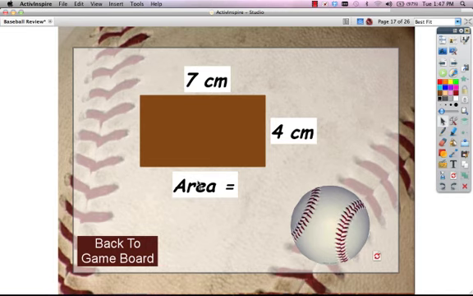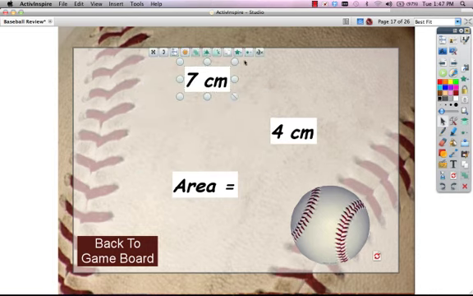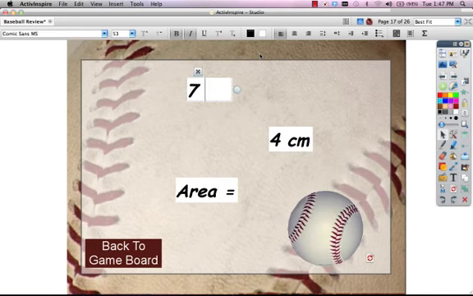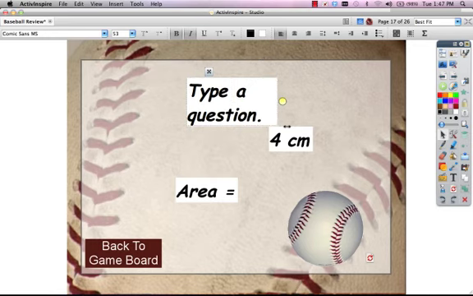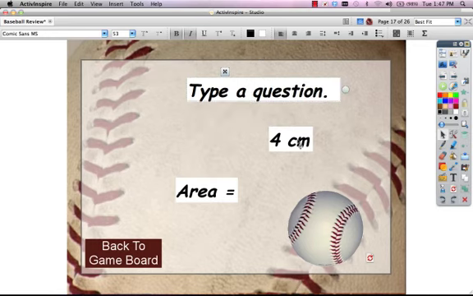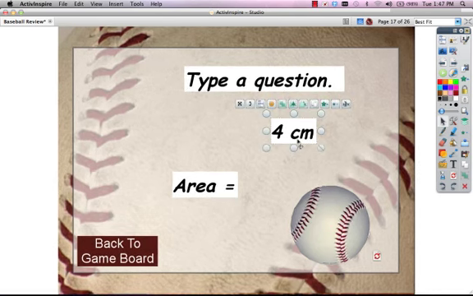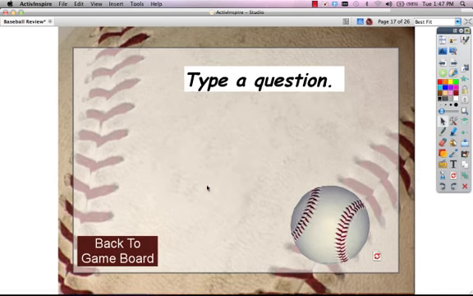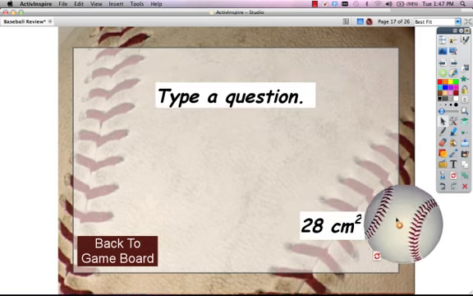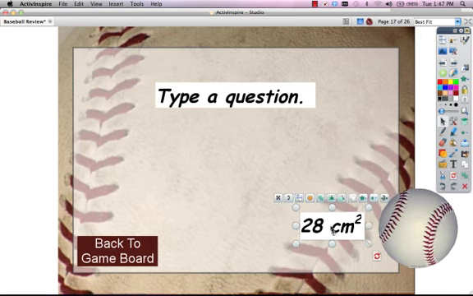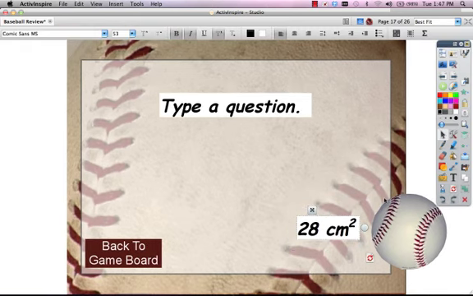Now again, this is a math question, but you can delete all of this. You can edit the text, and you can type a question. And just delete all of this other stuff that you don't need. So you would type your question here. Then you move the baseball to reveal the answer. And again, you probably want to edit that answer. So you just backspace